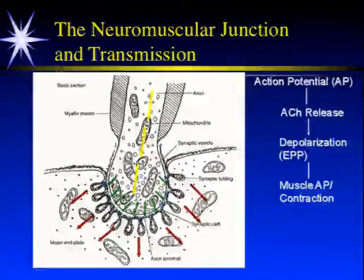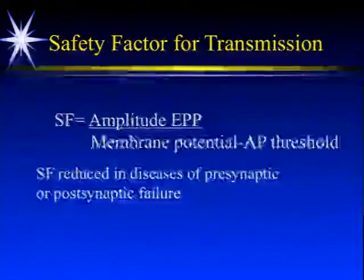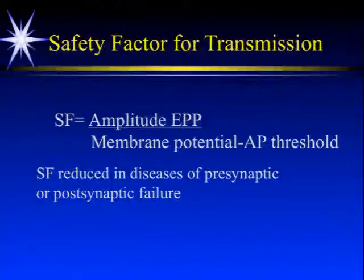So it's important to remember that in myasthenic patients, or anybody, there's something called a safety factor. And the safety factor has to do with the fact that we have a certain number of acetylcholine receptors on the postsynaptic membrane, but we have an excess of acetylcholine that's available at the cleft at any given time. That fluctuates, but